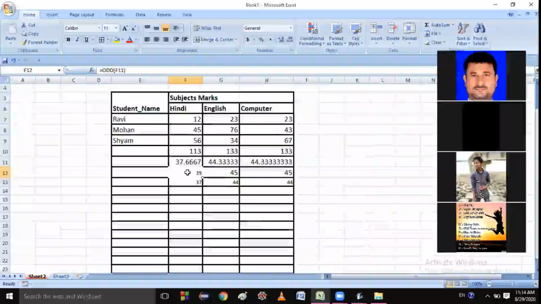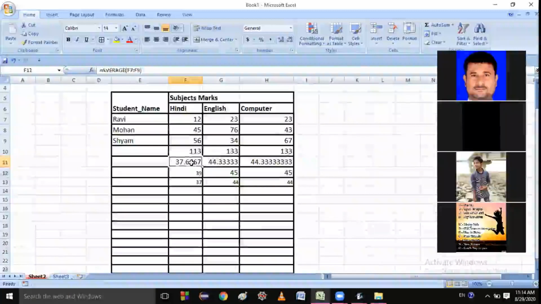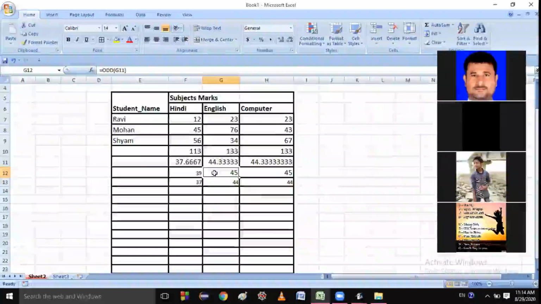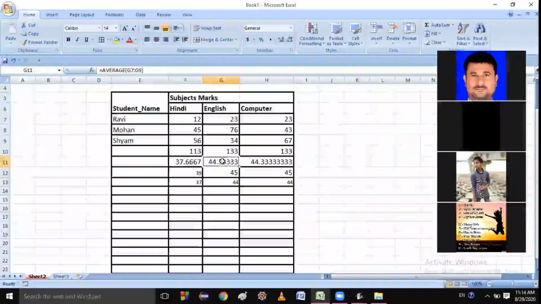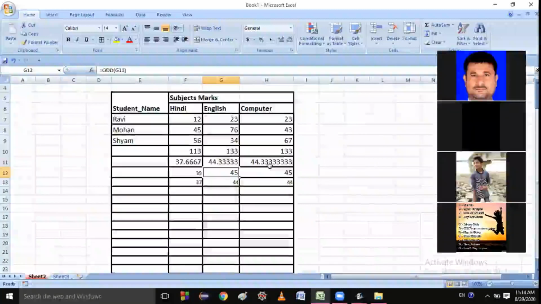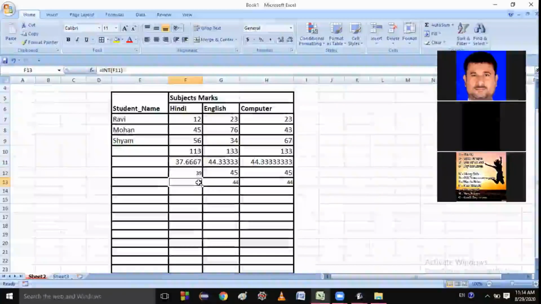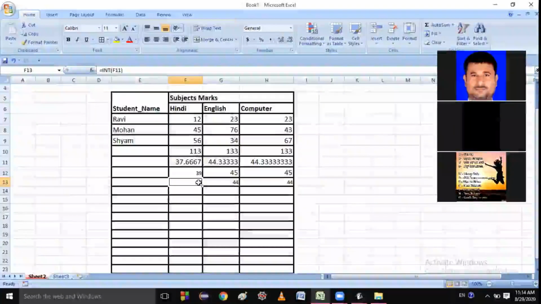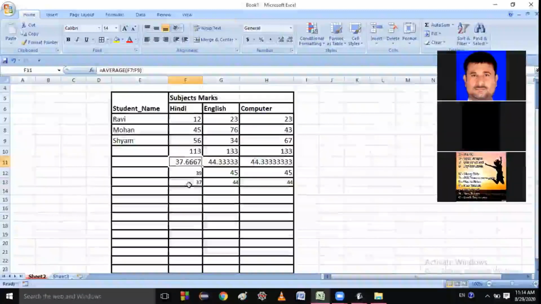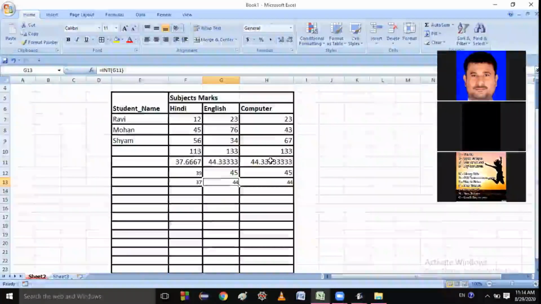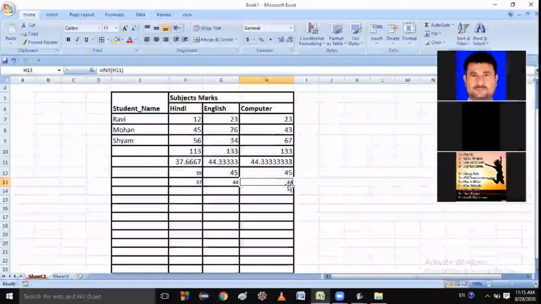Basically, the ODD function rounds the number to its nearest odd integer. And the nearest odd integer is 39, not 38, because 38 is an even number. Is it clear? Yes, sir. That's why it is giving the 39 result. And for 44, the nearest odd integer is 45. And INT says, I will give the nearest round number. So the nearest round number is 37. This 37 stays 37, 44 becomes 44. Is it clear right now?